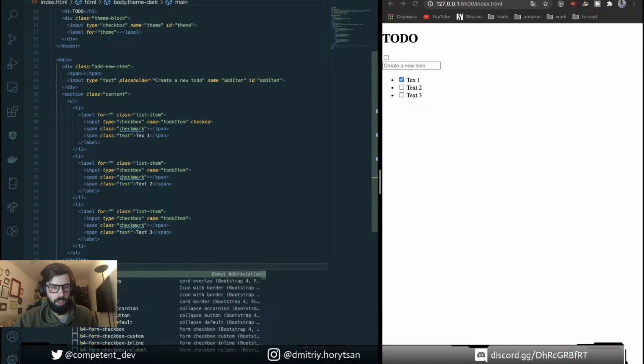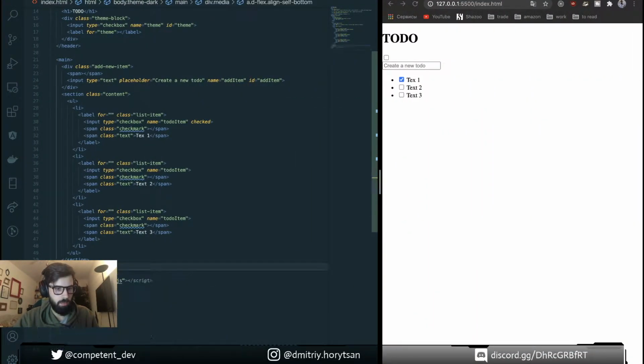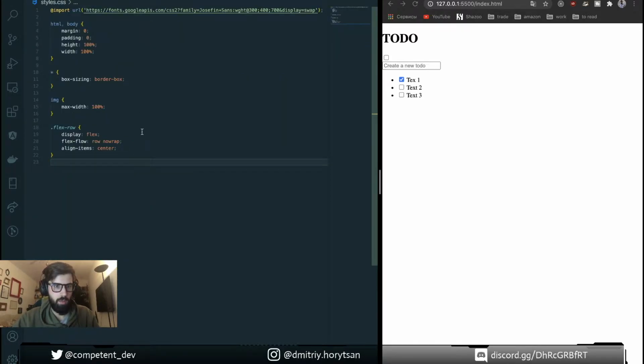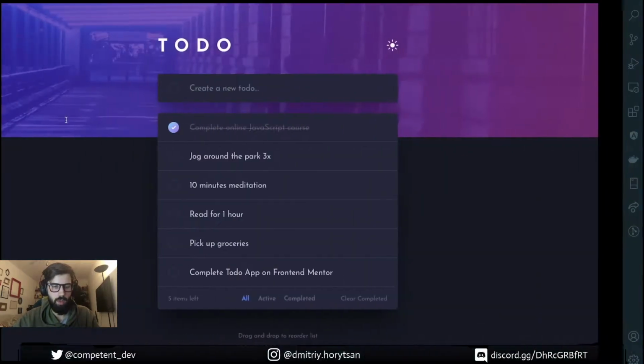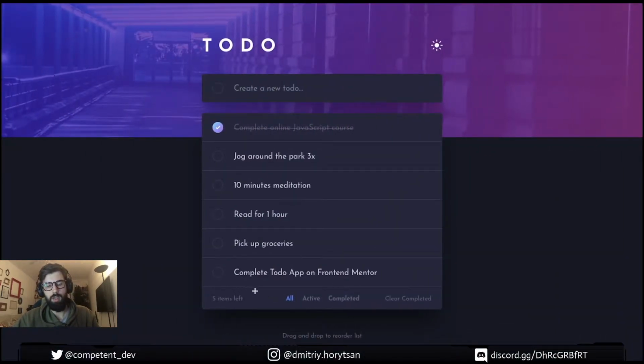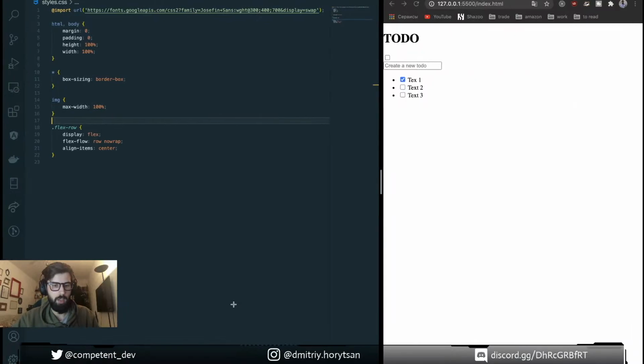Let's add bottom information. For this we create tag bottom. Bottom items. So we have here a class flex row, because all items in one row we can use it.